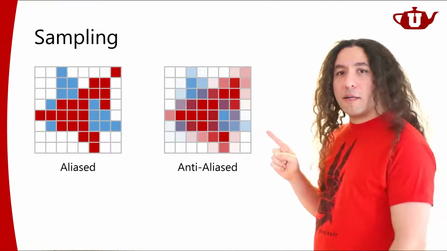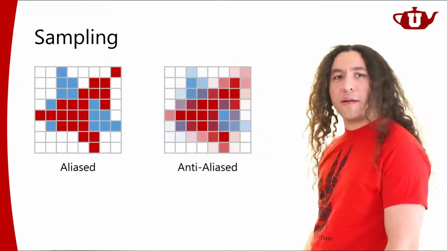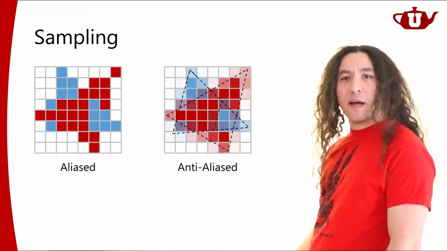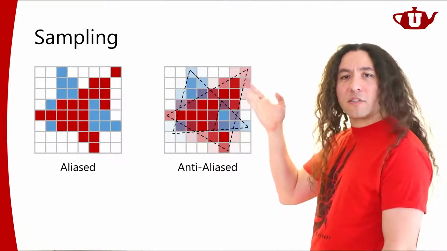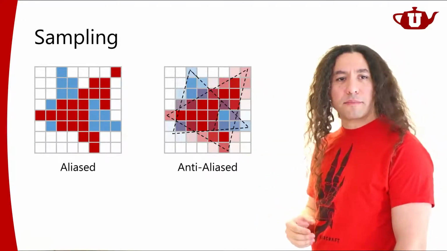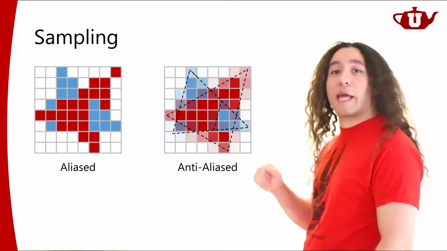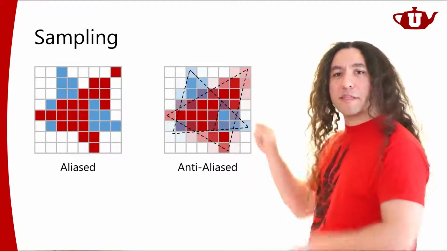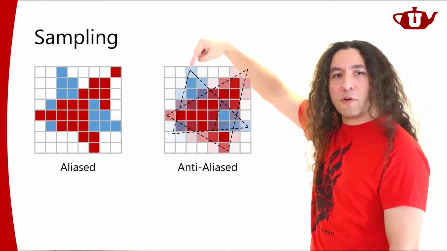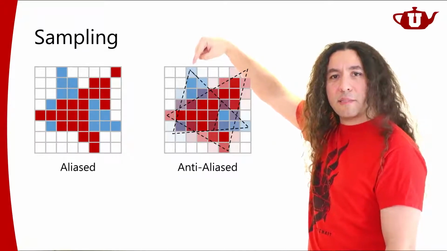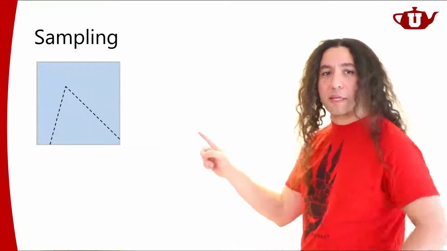And here, the reason why we have these soft-looking edges is that we picked the color based on what percentage of a pixel each triangle was covering. So that's what we're going to look at here. Let's pick one of these pixels. I'm going to pick this pixel over here, and I'm going to expose it. Just take a look at this pixel. All right, so we're looking at that pixel.